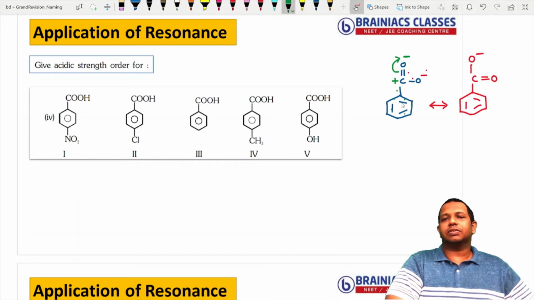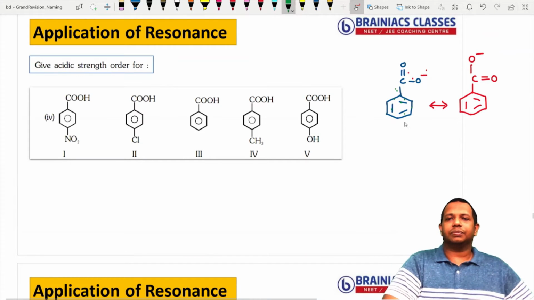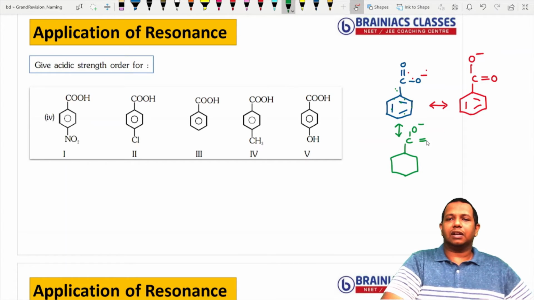When plus charge comes here, what will happen? This will shift in this direction. So I can draw another resonating structure. I can show you like this. Let me draw in the downward direction. So another one like this. Okay, so you have, see here, O minus will come, and here double bond O. So this will come here when minus charge. So here what will happen?